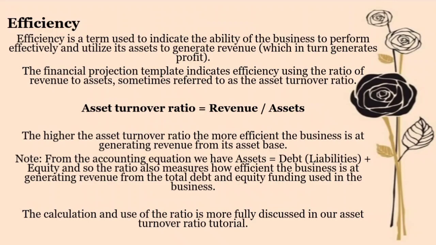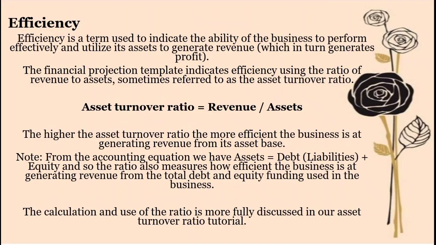So note, from the accounting equation, we have assets equal to debt or liabilities plus equity. And so the ratio also measures how efficient the business is at generating revenue from the total debt and equity funding used in the business. The calculation and use of the ratio is more fully discussed in our asset turnover ratio tutorial. So the rest of the financial projection ratio